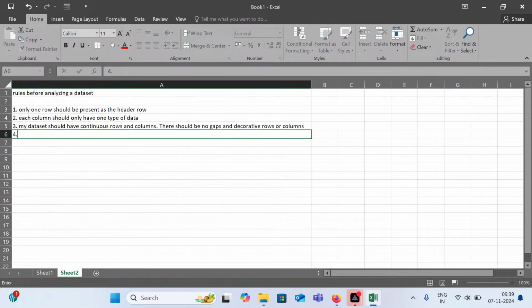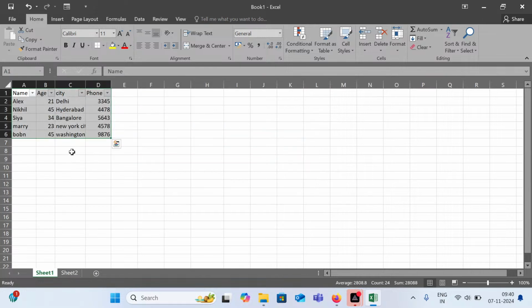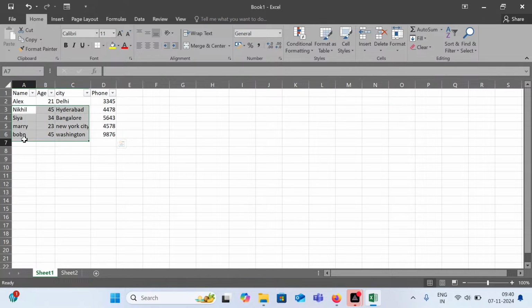Now another rule is we have to break data down into smallest value necessary for sorting or filtering. What do you mean by this? For example, I have seen something like this. Okay, let me create another record like Jai. His age is 20 and he is living in